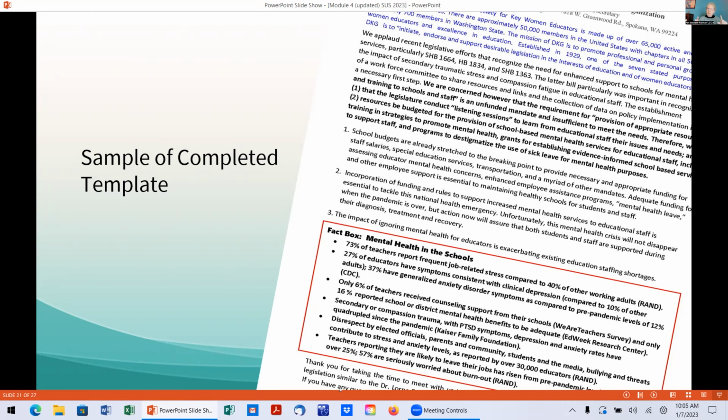Putting the facts in that little red box draws the attention of the legislator or the committee, the decision maker, to the information that they need for making a decision. Using bullets or numbered items makes it easier for them to read. We used this recently in a discussion with one of the state senators, and she went straight to it, highlighting the various things that were there as she was using it. So it can be a very powerful tool, and definitely something that you want to leave with the representatives or legislators. Any questions about the template?